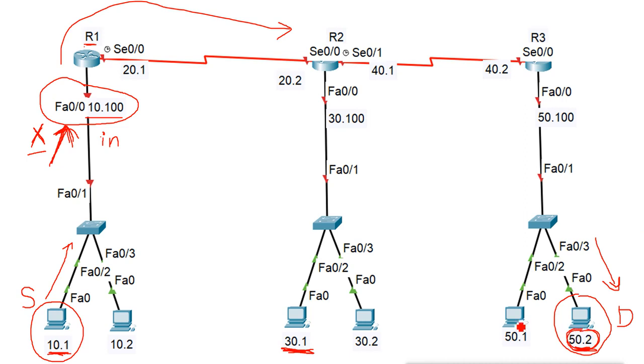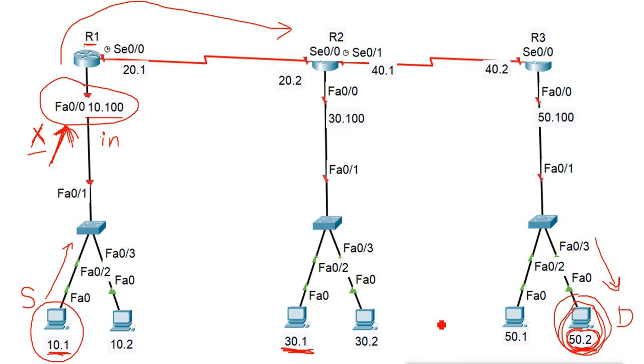And not only this, we can mention the protocol also. Suppose I have different protocols running on this server: I have a DNS server on this, I have a DHCP server, I have a web server, I have a mail server, and also I have a telnet server on this server. Now I just want to block telnet, I don't want to block anything else. So in an extended list we can also mention the port number, that means the protocol. So if I want to block only telnet, then I will mention the protocol port number, that is 23.